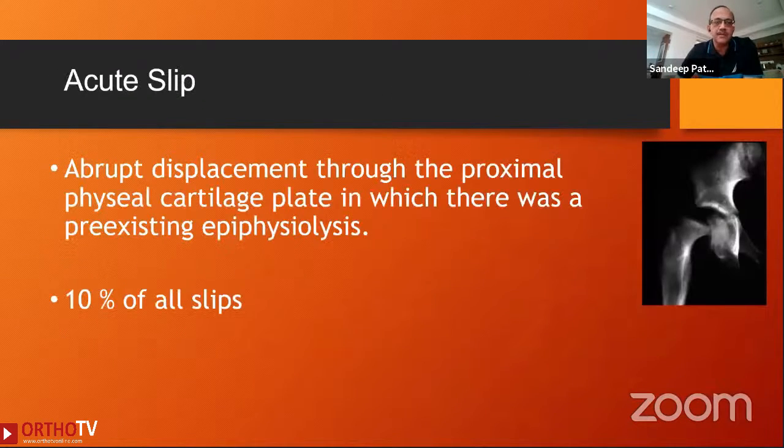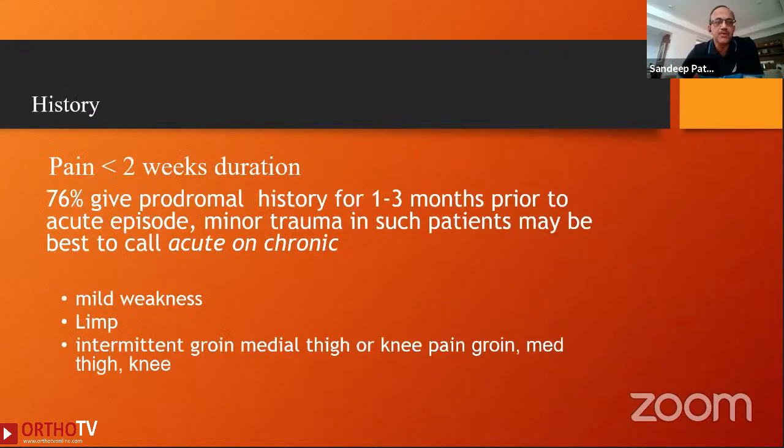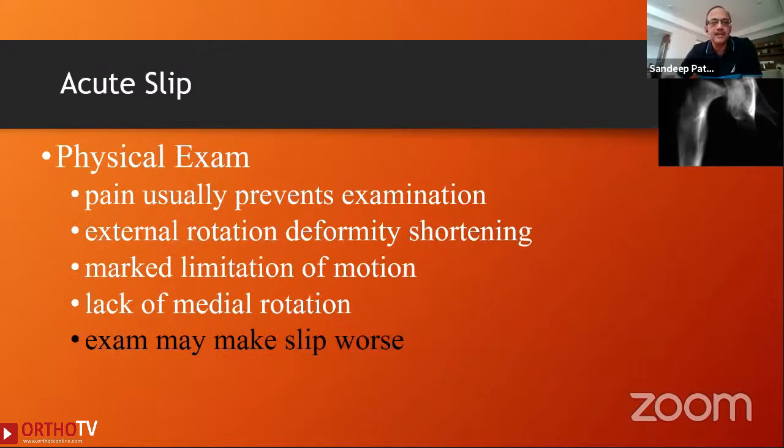So an acute slip is an abrupt displacement of the proximal femoral epiphysis in which there was no pre-existing epiphysiolysis, which is about 10% of all slips. Usually you will have a short history of less than 2 to 3 weeks duration, but about 75% will have a prodromal history of about 2 to 3 months with a little limp or a minor trauma. So it's best to call most of them acute on chronic, who have mild weakness or limp prior to that acute episode. Physically, usually the pain prevents examination and you shouldn't be very aggressive or forceful when you are examining,